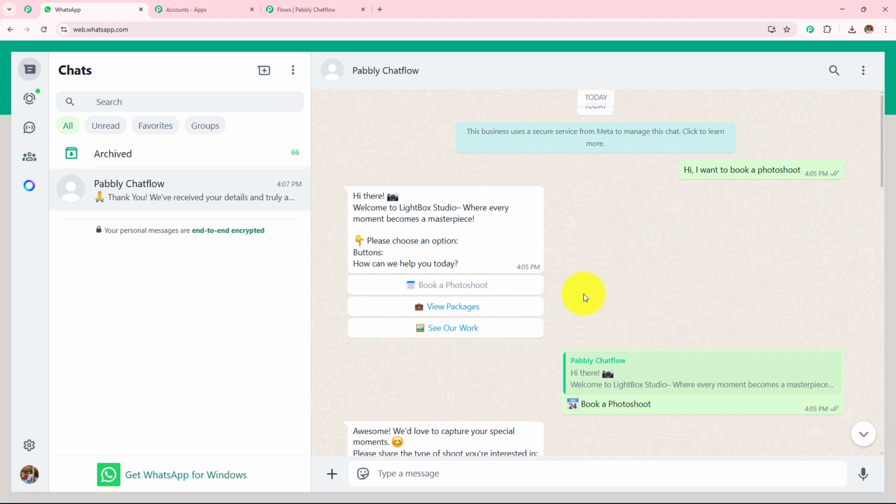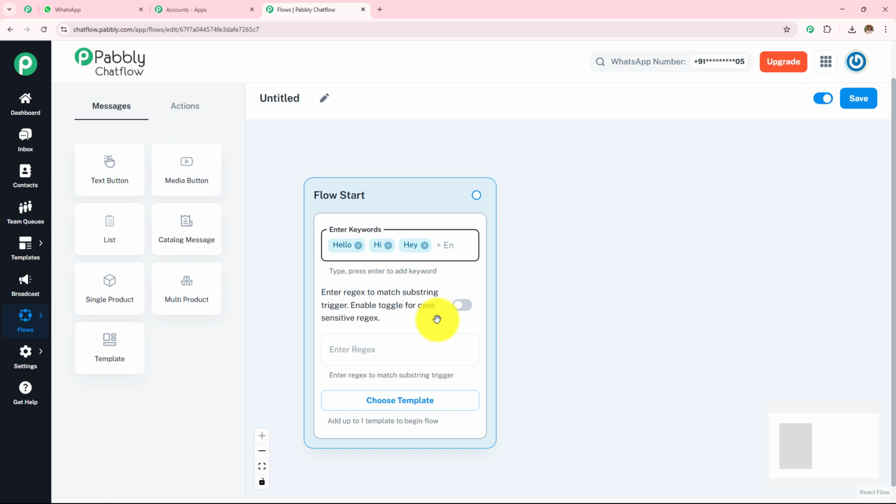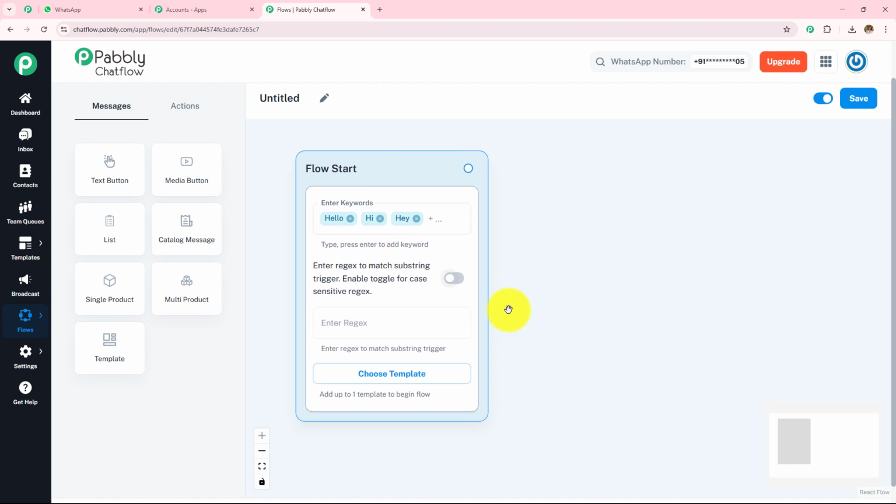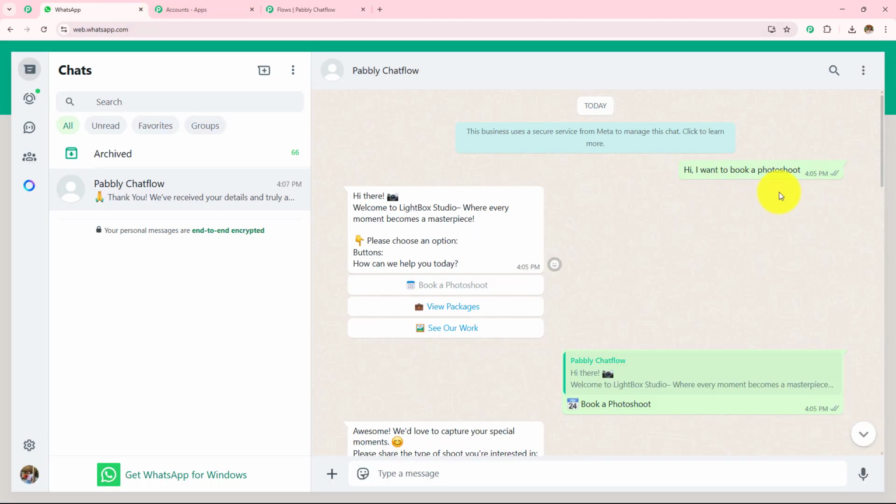that I have sent the very first message, hi, I want to book a photo shoot. Now in this WhatsApp chatbot, I have created a regex like book and photo shoot. So we are going to create the rule for this WhatsApp chatbot in a similar way. We are going to enter the regex in this format and we have to make sure that we enter the regex in the same format itself. Here I have created the rule for photo, photo shoot and book. This will trigger if the user mentions photo, photo shoot or book anywhere in the sentence, like over here I did. And as soon as this gets triggered, the message will be sent to me.